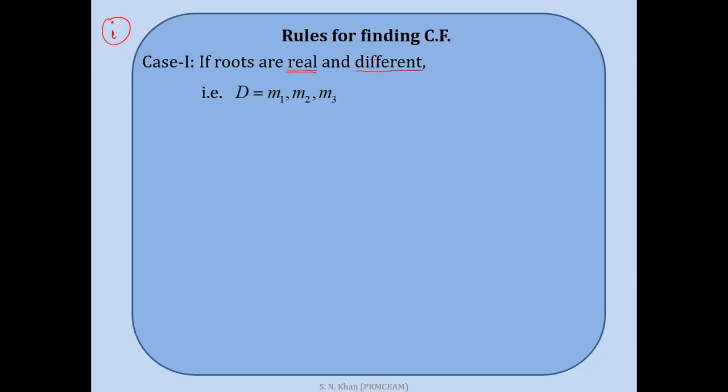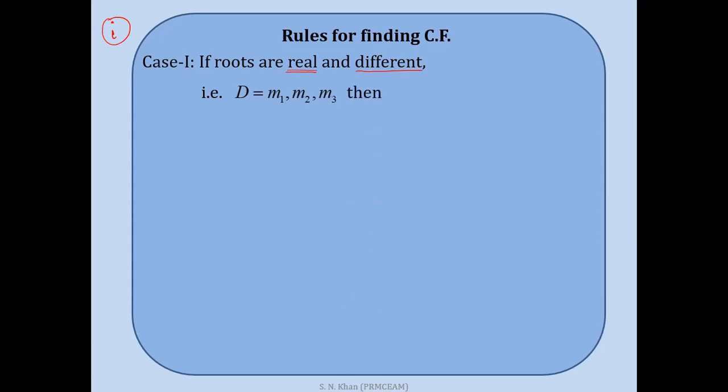If you are having two roots, both should be different. If you are having three roots, all three should be different. No value should repeat in it. So if you are having real and different roots, suppose D equal to M1, M2 and M3,